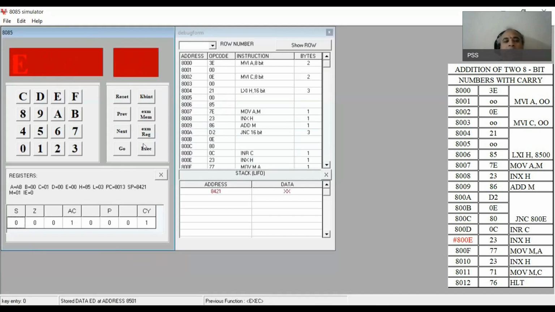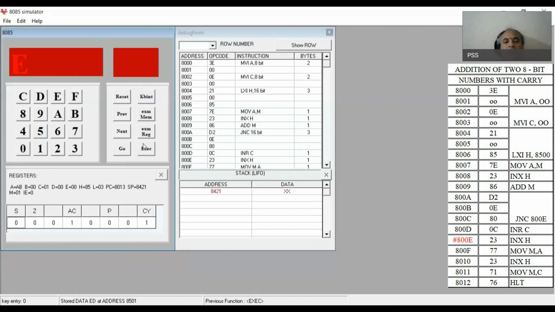You could see that you have the letter E. So what does it mean? If you have the letter E, it means that the execution of the program is perfectly done. If there is any error in the execution of the program, you will get the error. You could rectify the error and then again you could execute the program. There is no worry at all. But here we have written a program and entered the opcodes in such a way that they are perfect. No problem. Now we have entered the numbers also.